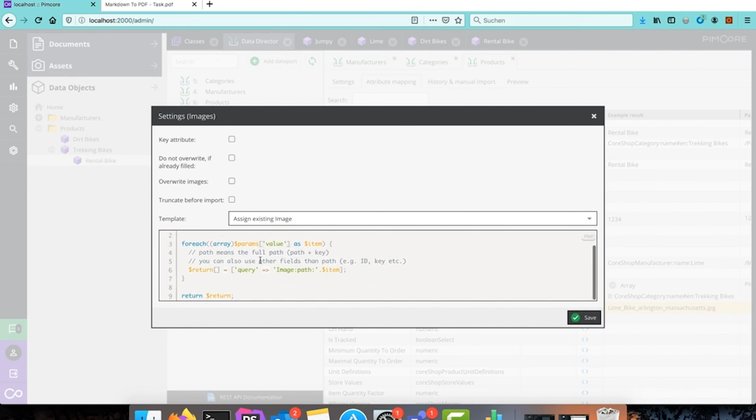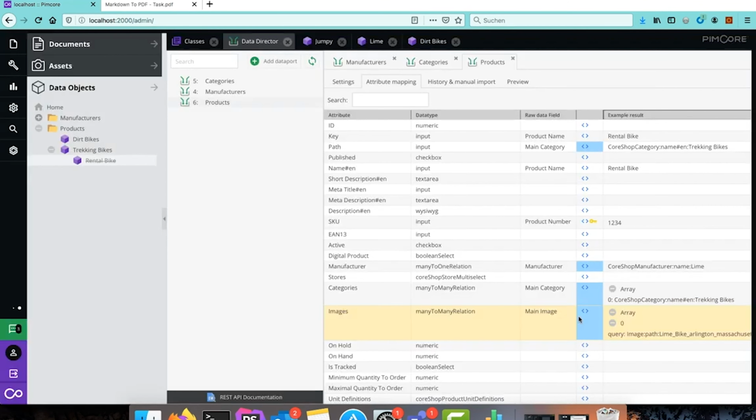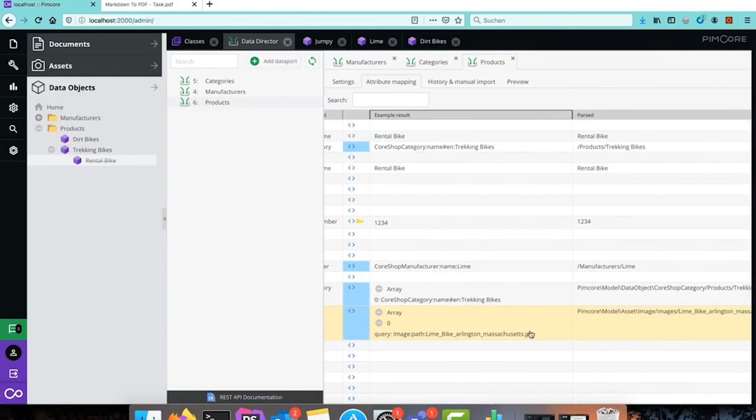The generated callback function just takes the values from the raw data field and adds those data query selectors like described here. Again, we have the same structure. We want to find an object of the type image which has the set file or the set value in the field path. Now when we save that, we will see in the preview the data query selectors on the example result